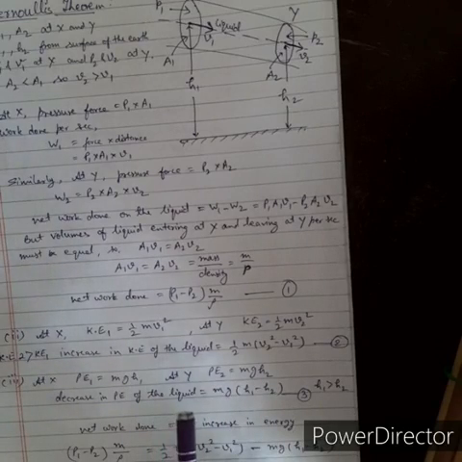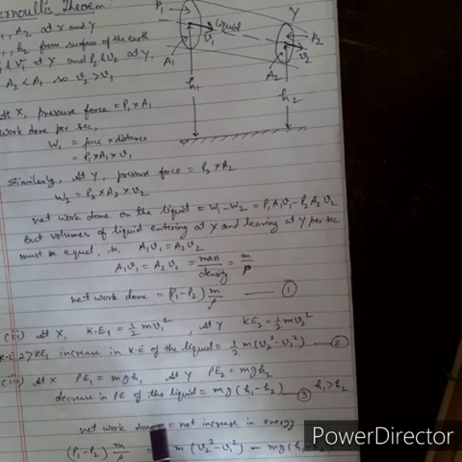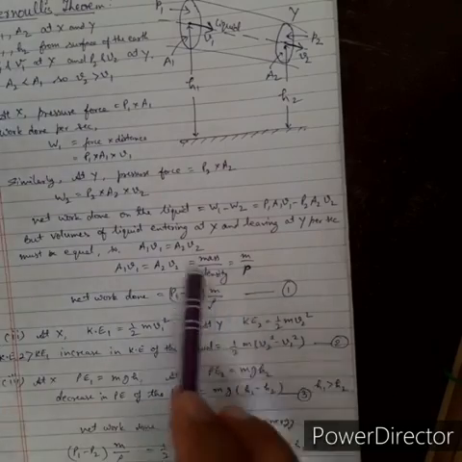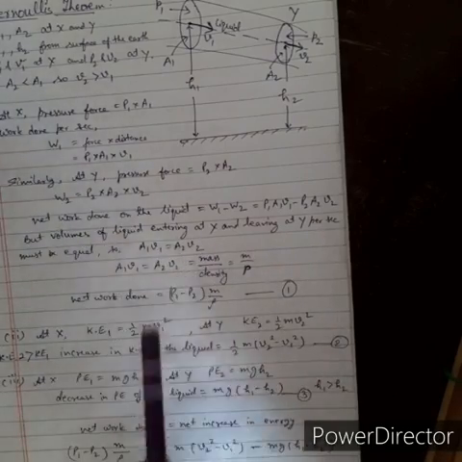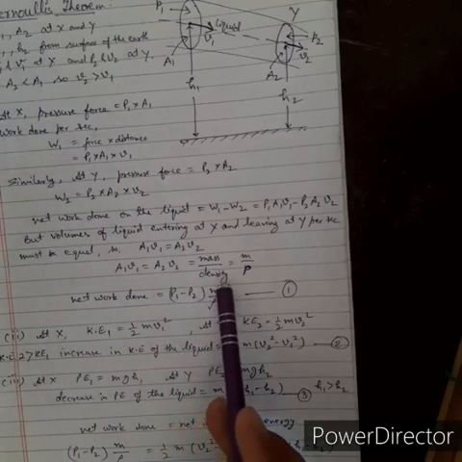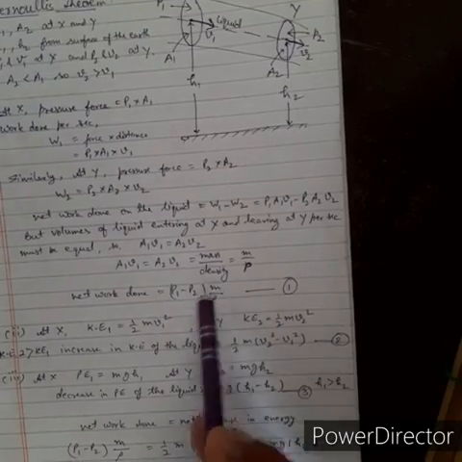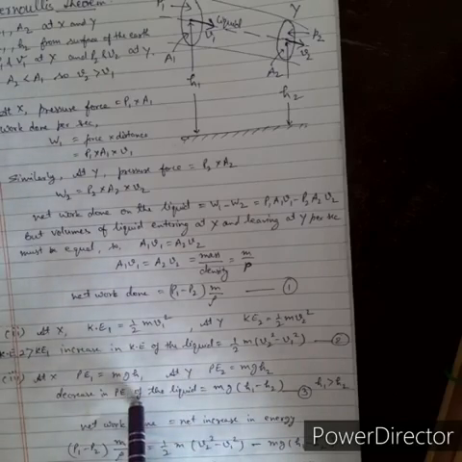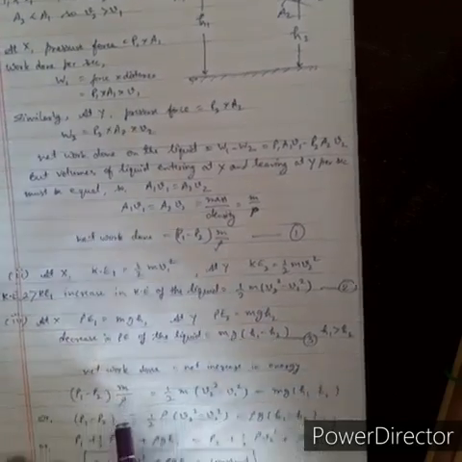So students, the increase in energy is due to the work done on the liquid. So this is the net work done, which is the net increase in the energy. So this is your net work done, okay, and these are the parts of the energy that we have to calculate. So P1 minus P2 multiplied by m by rho should be equal to the net increment or decrement of the kinetic and potential energy.